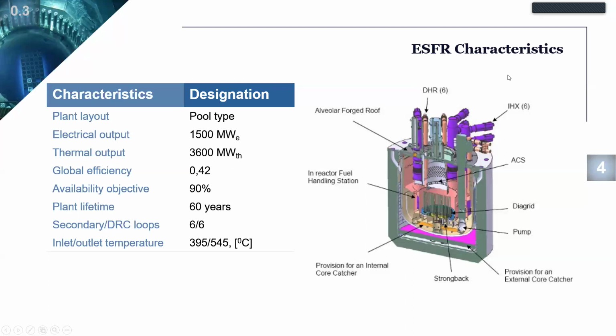But in this case, 545 minus 395 is about 150 degrees centigrade. So the coolant gets heated to a temperature of 545. So the delta T in this case is 150. That's a very huge